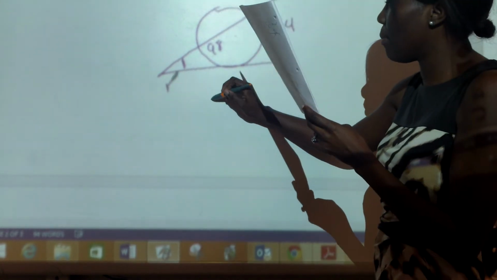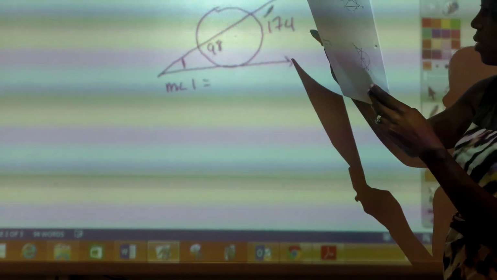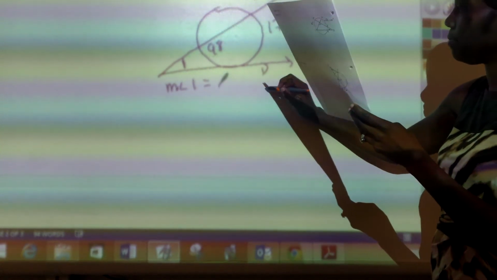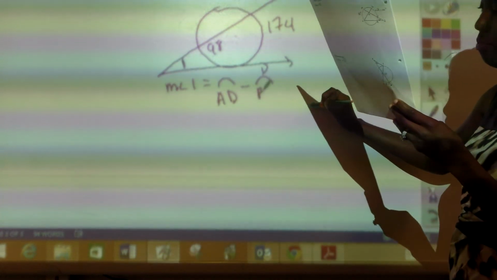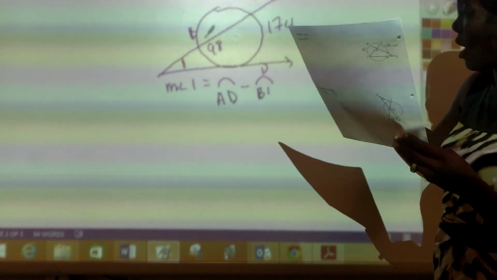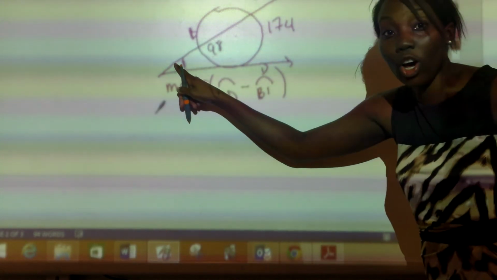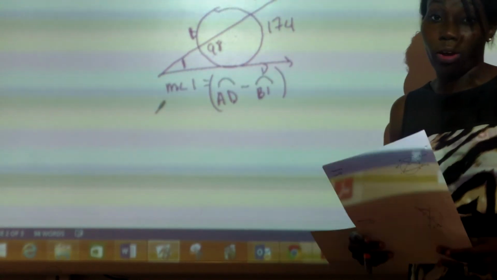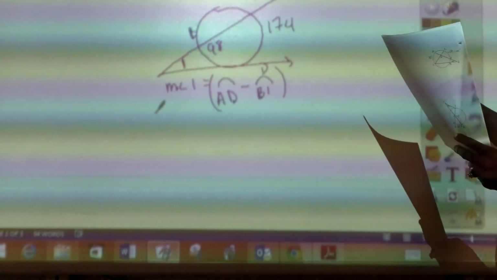So the measure of angle 1 is equal to this bigger arc, AD, minus arc BD. And this one is B. We already said that point was D. So to find the angle on one like this, it's big arc minus small arc. On the two secants, remember we did the sum. Another example